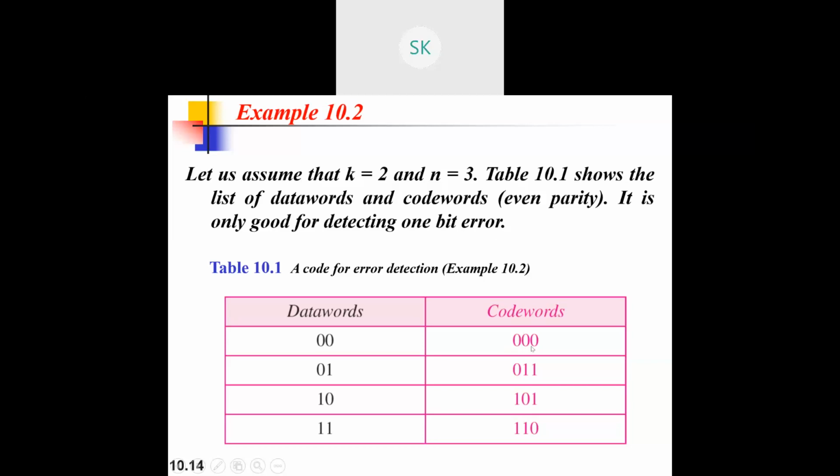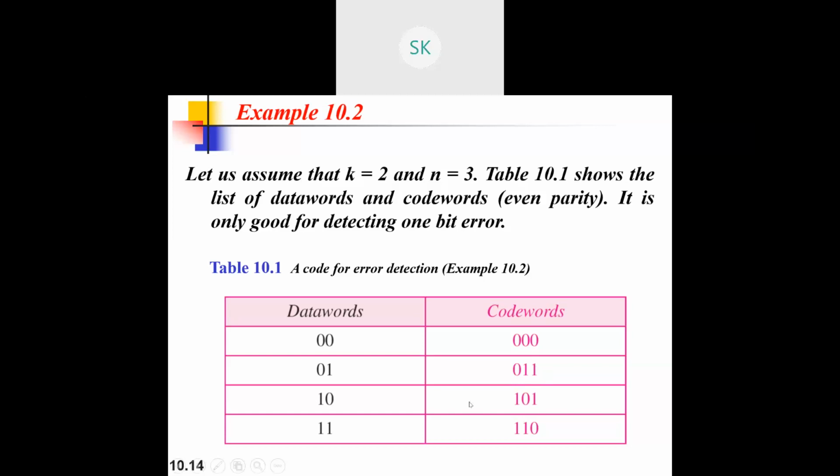See here, for 0 0 you are adding one more bit. That bit 0 is added. Why is 0 added? 0 is nothing but your even parity itself, so it needs to be continued as it is. Next, 0 1 is the next data word. In this, an odd number of ones are there, so the parity is odd. In order to make it even, I'll add one more bit, that is 1. So now it becomes even parity. So parity is checked over there.